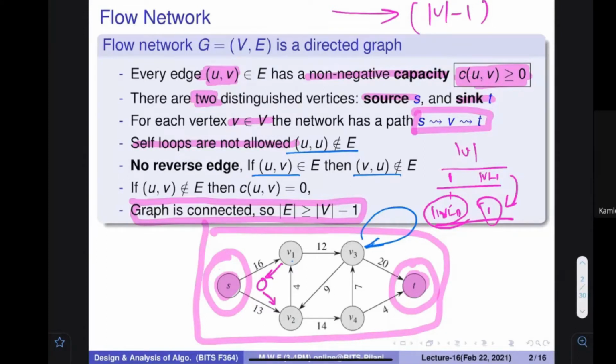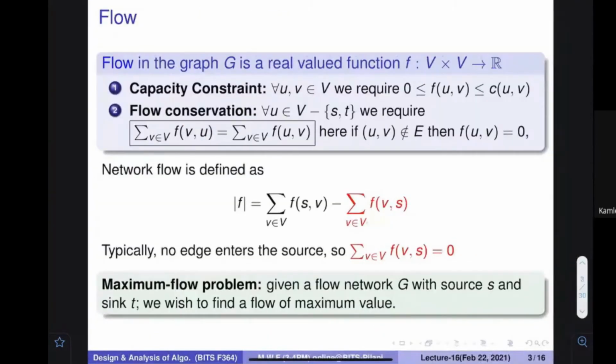If I have fewer than this many edges, then definitely it is not going to be a connected graph. There would be more components. Even with v minus 1 edges, we can have more components, but at least this much is required if I claim that I have one component. So, any question on this particular slide? Everything is clear?